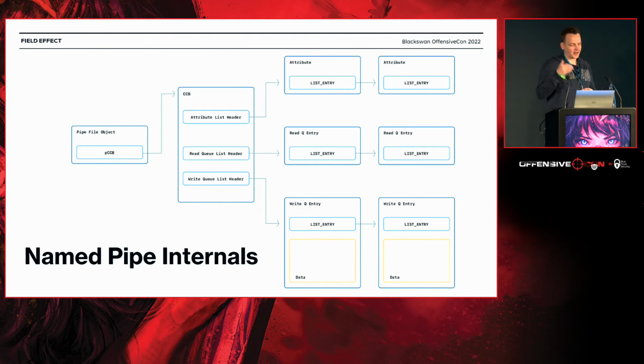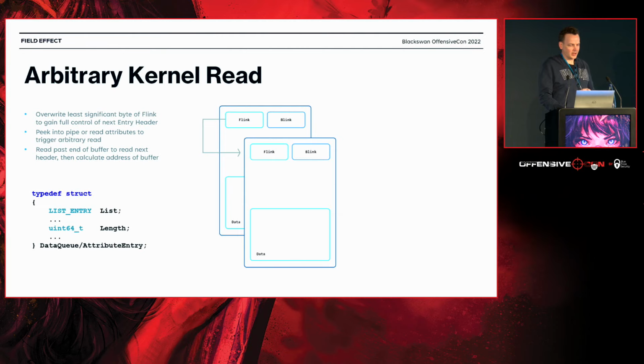Internally, that contains a bunch of pointers to lists of attributes and lists of anything on the pending write queue or pending read queue. So to get an arbitrary kernel read out of this, this technique will work for either the attributes or the write queue entry case. They both have the same format of a list entry at the beginning and then a length field. So even with just a single byte of corruption, we can corrupt the bottom byte of the Flink header,